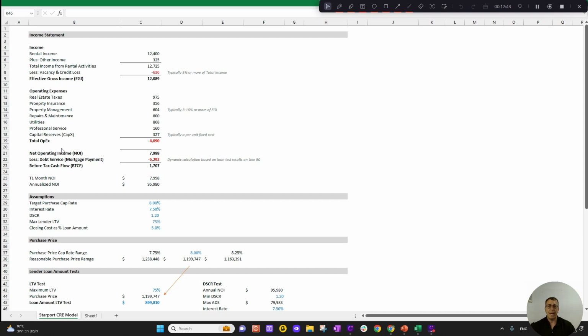Capital reserves, often known as CapEx. There are certain amounts of money that are ordinary and recurring items into a property. Those are typically called capital reserves. Anything that is once in a while, like carpets, you're going to redo carpets once every 5 years. Roof, you're going to redo once every 20 years or whatever it might be. That's typically below the line and off of the spreadsheet as a capital asset. But you should understand what's a recurring number that's recurring every year of typical things. They're not your typical repair and maintenance, but there's some amount of money that every year is done for capital